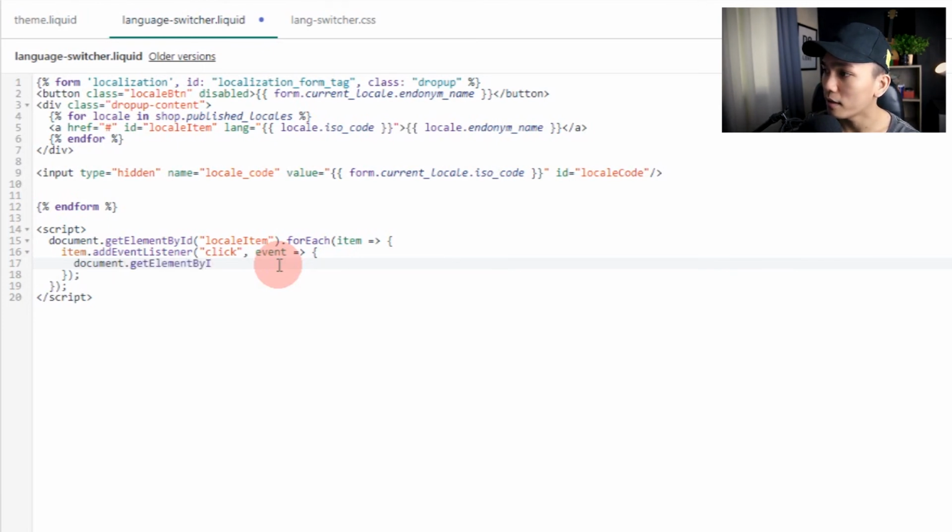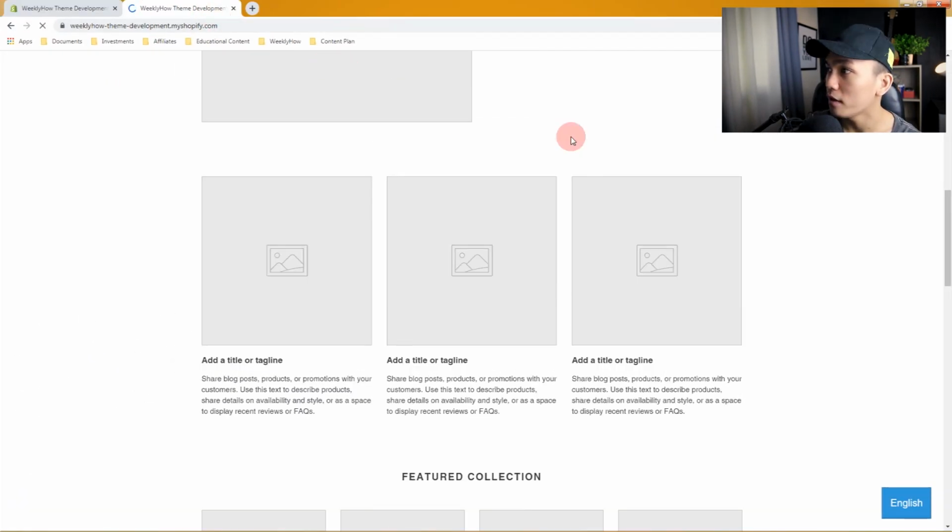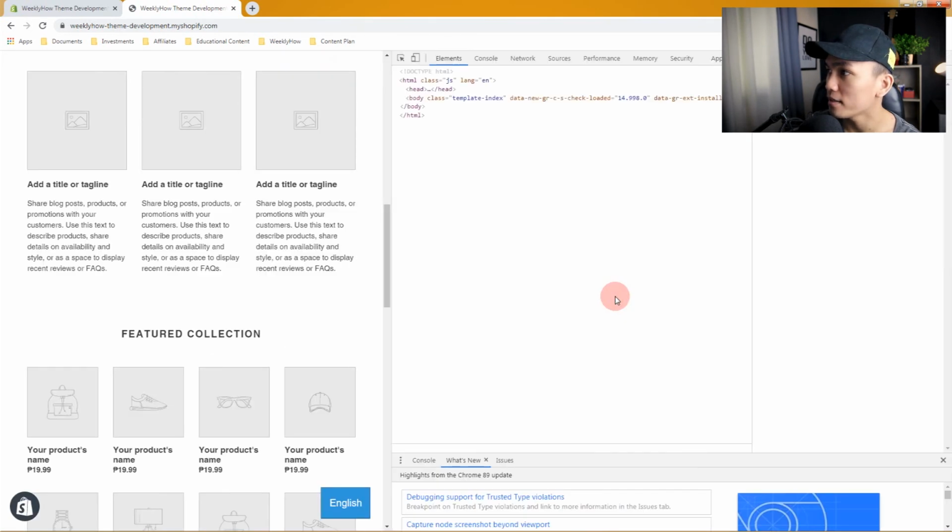So we can just continue, and here inside of the addEventListener, we can just use the document.getElementById once again. And this time we're going to select the local code input field. So local code, and we're going to change its value to the value of the lang attribute of the selected anchor tag. So here we'll just use item.getAttribute. We're going to use the lang. And if we save this, and if we open our store, and if we open the inspect elements, alright,